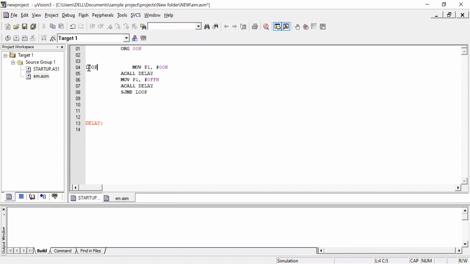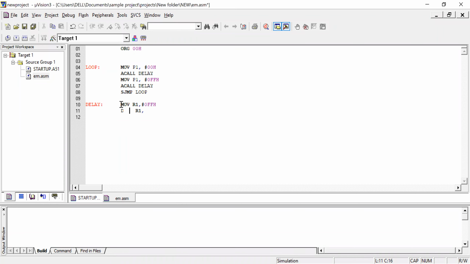The loop is continuously executed. So this instruction will be continuously executed. Now I want to say how long my delay should be, so I am moving some value to one of the registers, and I'm going to decrement this register.